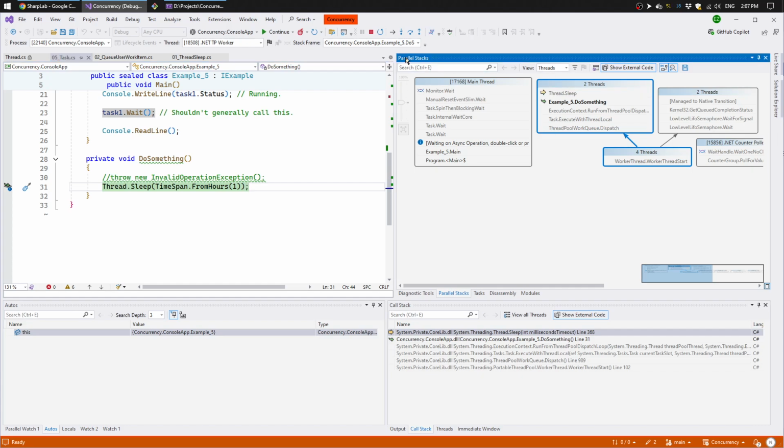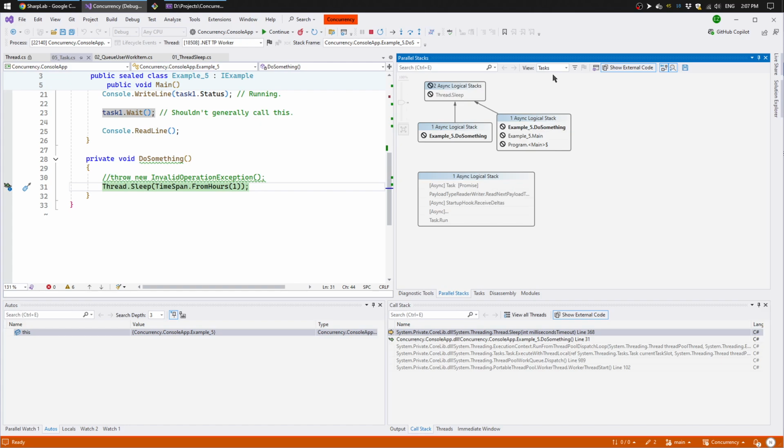If we switch here on the Parallel Stacks window into tasks view, we'll see that there are 2 async logical stacks. It means there are 2 tasks currently in our application that are executing something. In this case, Thread.Sleep. So in this case, it looks like tasks are somewhat similar to threads, right? Well,